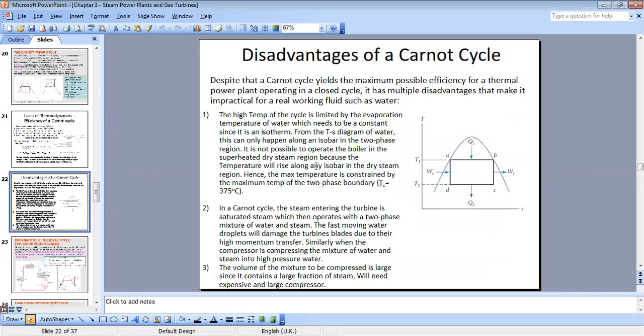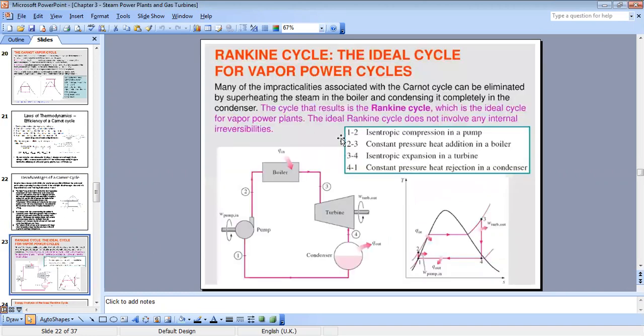So here I summarize again the disadvantages of the Carnot cycle. We have already talked about them, so it's just a summary for you. Now, we will see what the solution is to the previous problems. As we said, the Carnot cycle is not very practical. It's true that it presents a high efficiency, but on the practical level, it's not convenient for our equipment because